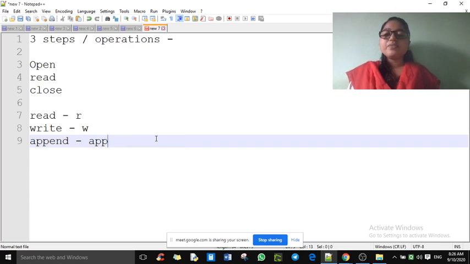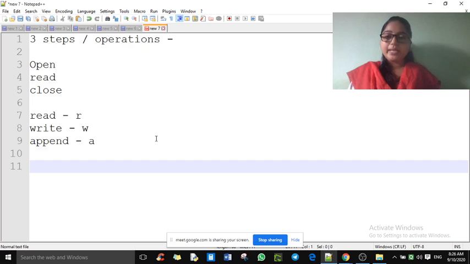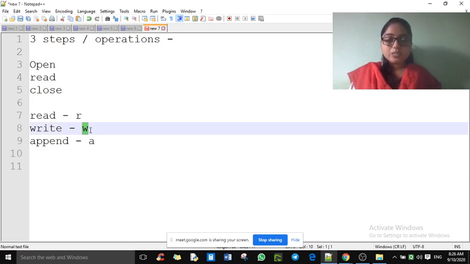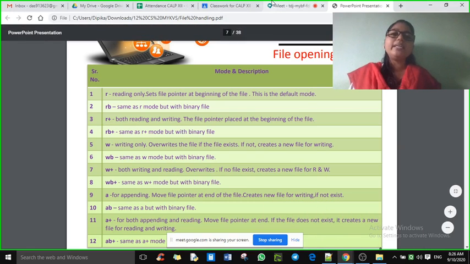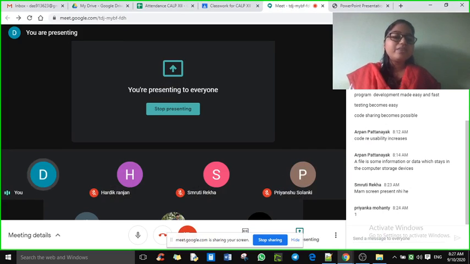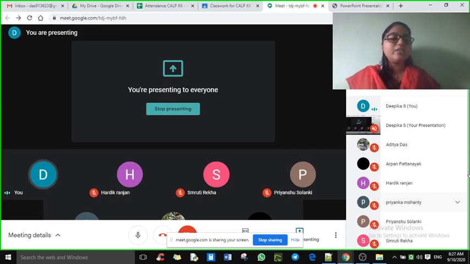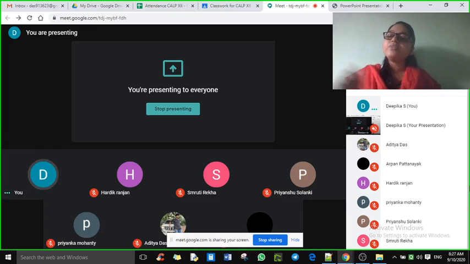So what is the difference between write and append? In case of write, whenever you are using access mode W, whatever things you wrote in your file, say in first instance, that will be deleted. And whenever you are again using W as access mode, it will start writing from first line.